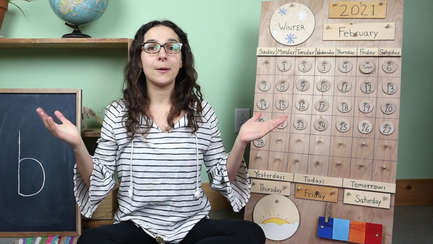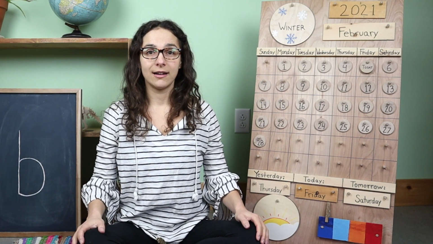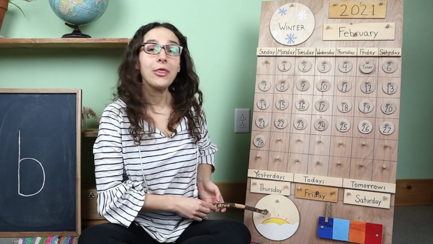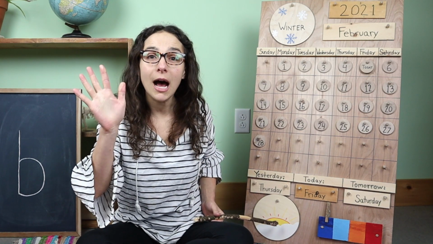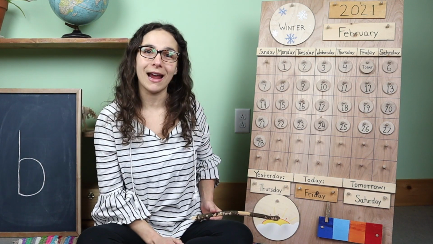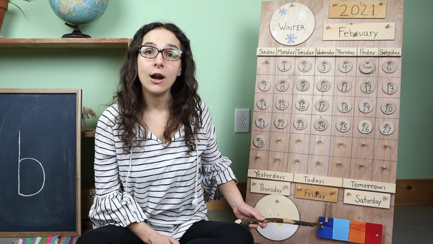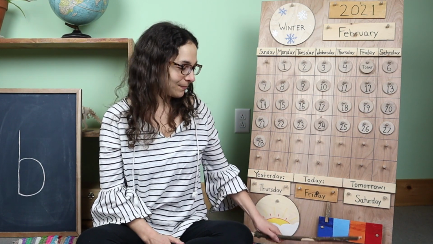Can you tell? What's the weather like where you live, friends? Where I live, the weather is partly sunny or partly cloudy. The sun is popping through the clouds a little bit, but I still see some white and gray up in the sky. And look at my temperature chart. It's on blue. It's very, very cold where I live.